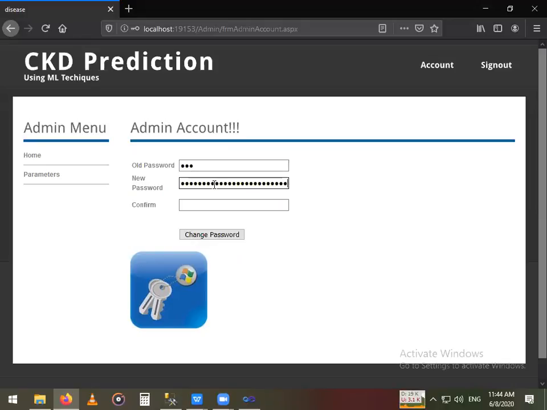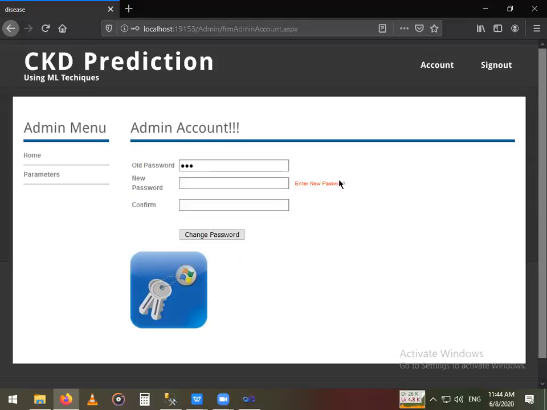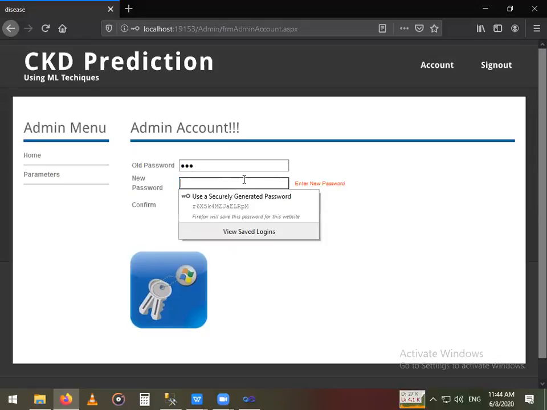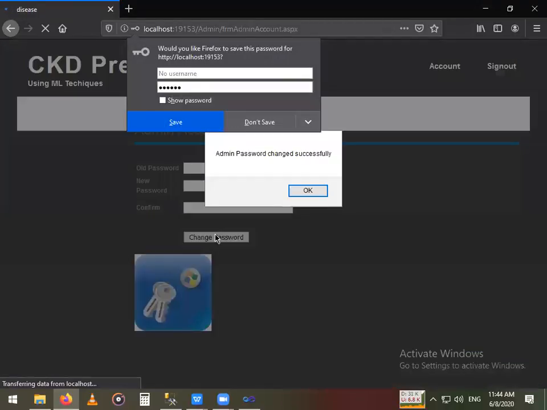So you can validate this, right? If someone enters an ordinary number, you should not accept it. You should tell them at least it should be alphanumeric. Enter a new password, enter anything. Because somehow they should have a kind of control, so that I cannot take any length of it. Yes, sir. Change password.